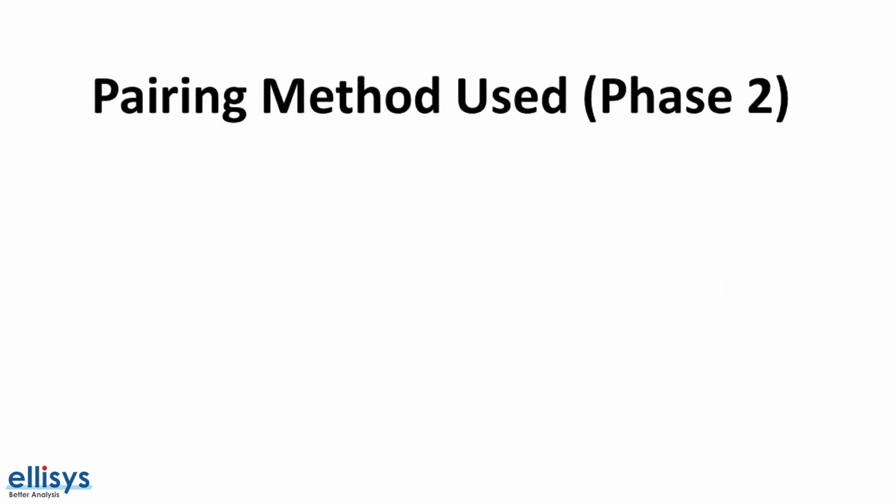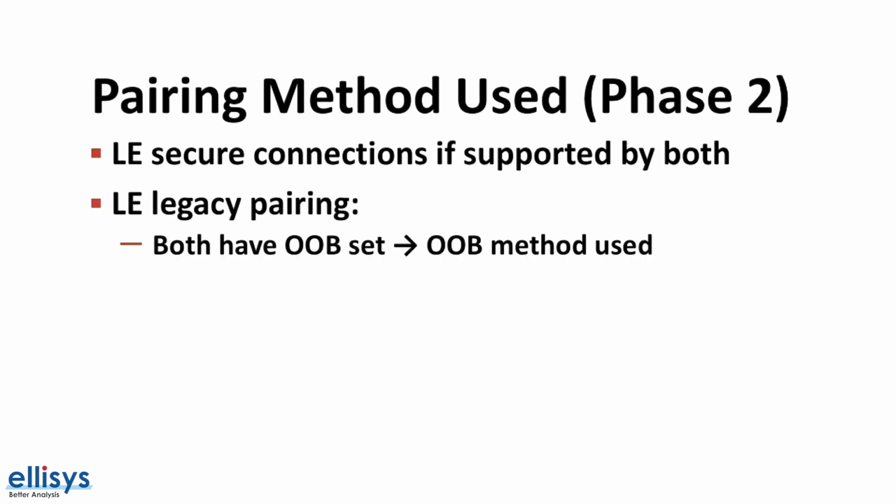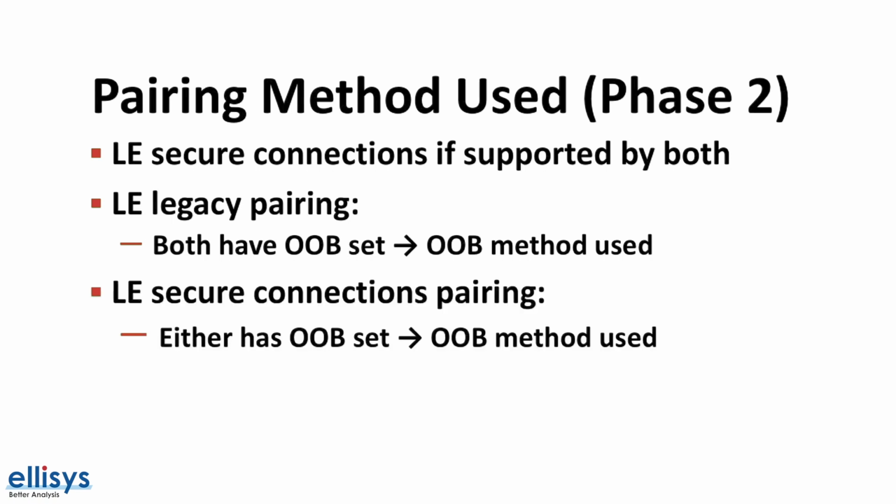Now let's look at how the pairing method used in phase 2 in the security process is determined. First, secure connections is used only if it's supported by both devices, so if the secure connections flag is not set by one of the devices, it will not be used for securing this connection. In the case of legacy pairing, the out-of-band method is used only if both devices have the out-of-band flag set. However, in the case of secure connections, the out-of-band method gets used if at least one of the devices has